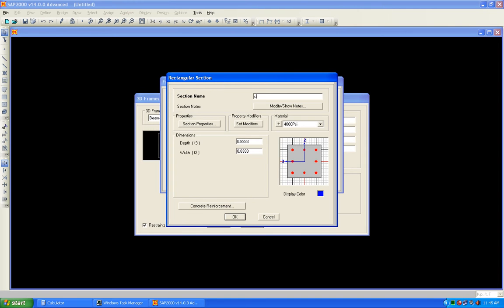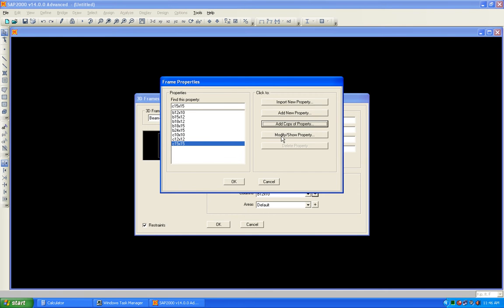And it becomes column 12 cross 12, 12 represented by 1. Now add a copy, column 15 cross 15. 15 is 1.25, 1.25. Now add another copy,